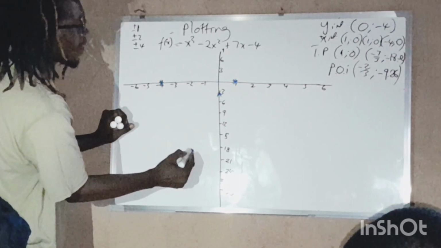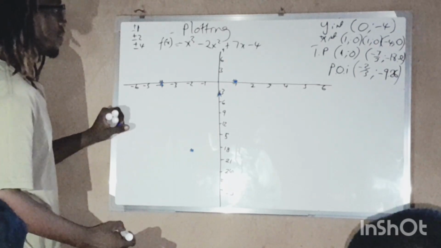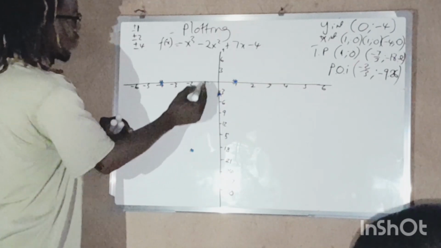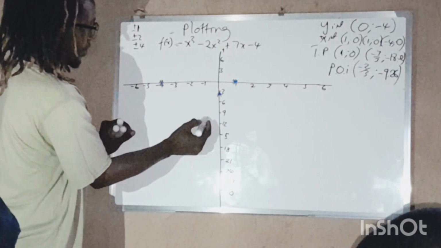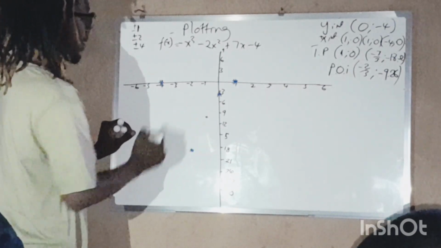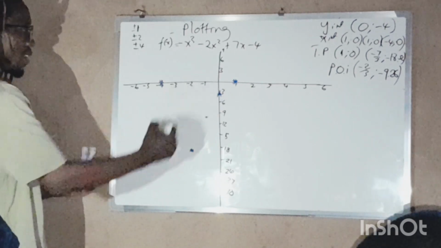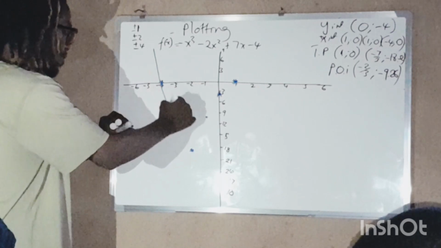So what else do we have? That's all, right? The point of inflection. And the point of inflection is (-2/3, -9.26). So somewhere here, right? So it means that now we can join these points. So it means that our function can be now like